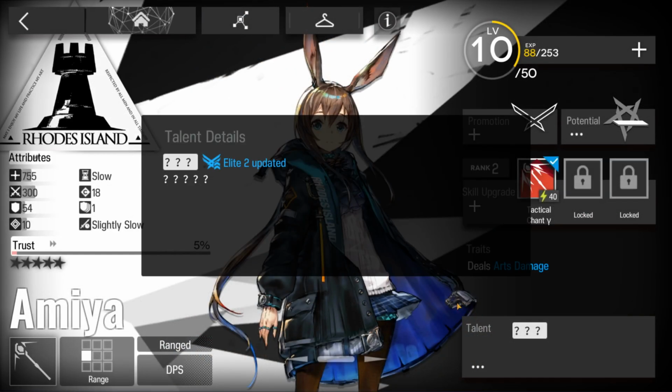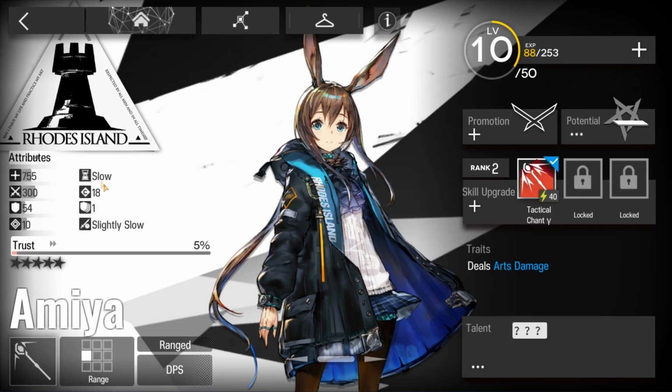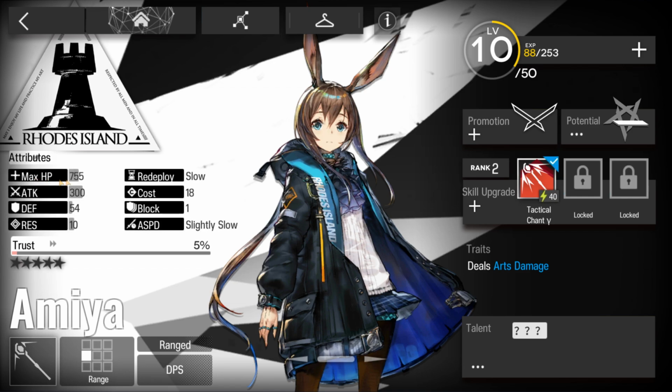Quite a bit, actually. Down here is going to be kind of like a unique passive, so it'll show you when you get that. And over here, you're going to be able to see stats. So if we click, it'll actually show us what these are. So it shows the rate at which she redeploys. So if she's to die, or if we are to take her off the map and want to put her back out, it shows that it's going to be a long cooldown for us to actually put her back on there. It shows the cost at which it's going to take to put her on the map,